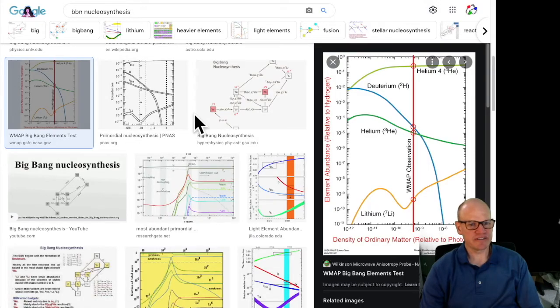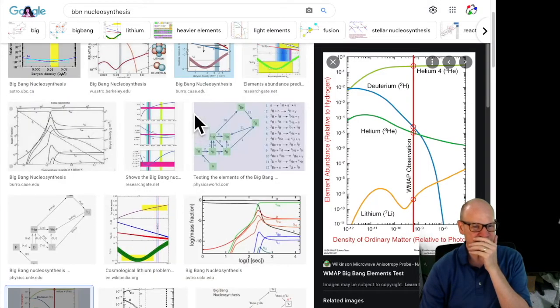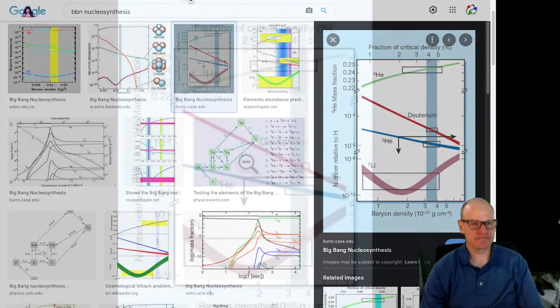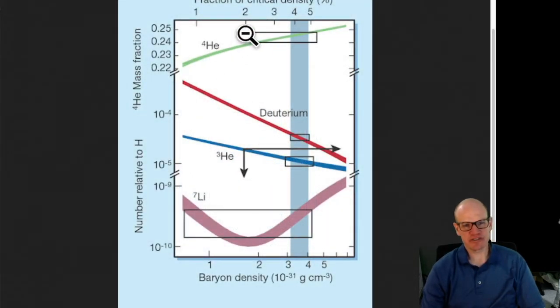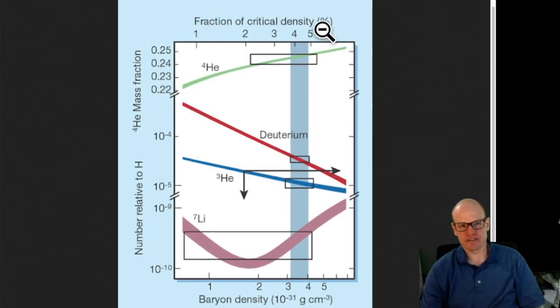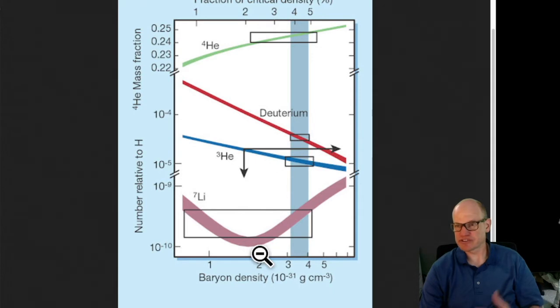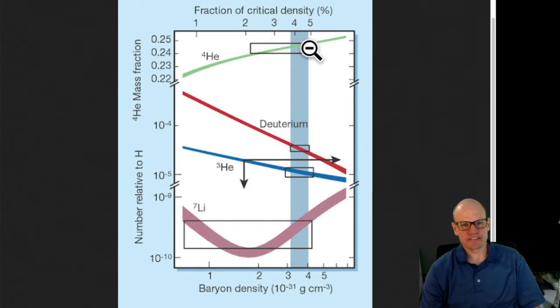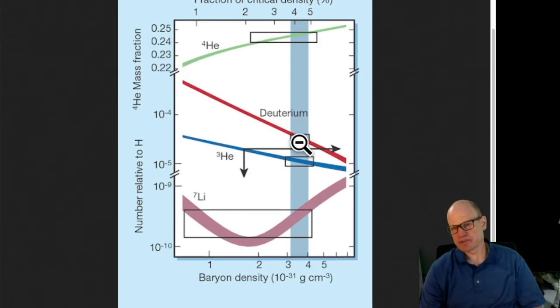Okay, if we come back here, there is a plot that shows the measurements. Does this show the measurements? It does. So I don't know who I'm stealing this from. Case Western. Okay, so the measurements are these horizontal boxes. This is probably like a 1 sigma measurement, something like that. So this is the amount of helium-4 that we measure, which tells us that the universe has to live somewhere inside this box. The baryon density, relative to the critical density, the amount of regular matter in our universe today, has to lie somewhere in this box. And then you do deuterium, which is a particularly good proxy.